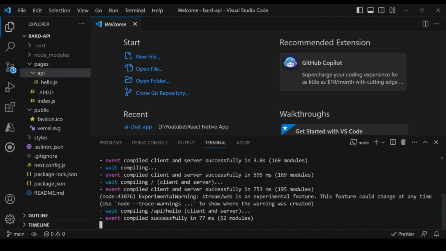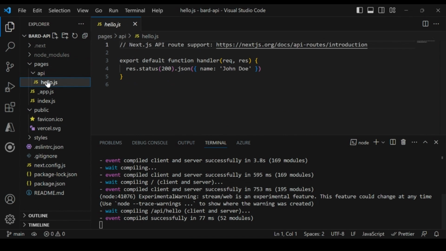The reason is, in the pages folder, in the api folder, we have a file called hello.js, and it's returning John Doe. If you just type, for example,